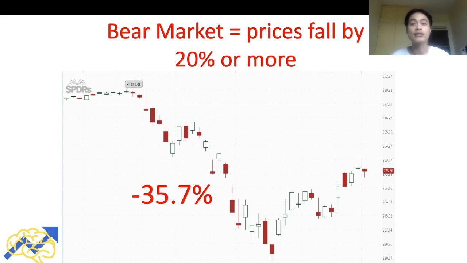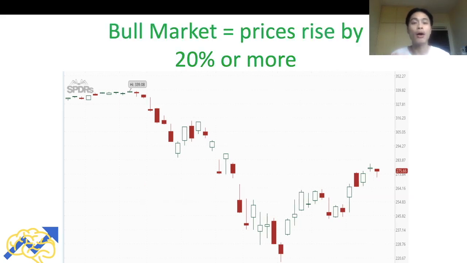Now that we know the official definition of a bear market, let's take a look at the definition of a bull market. We classify it as a bull market when prices rise by 20% or more. From the lows of this candlestick here to the high of this one, prices increased by 27.6%. So according to the official definition, when prices increase by 20% or more, we say that the market is in a bull market, right? So we are in a bull market, but are we really at the start of a bull market run, or is it a bull market trap? That is what we are going to cover in today's video.